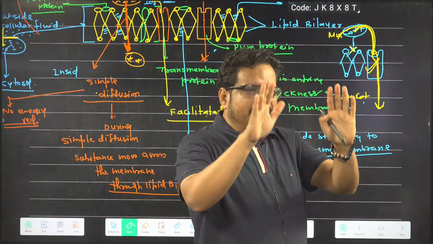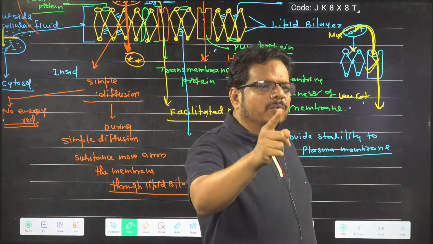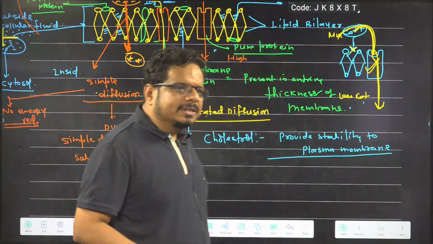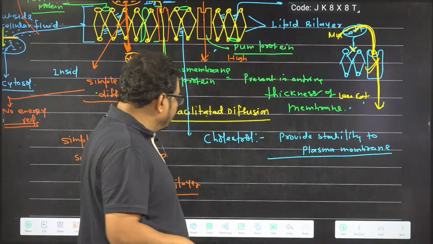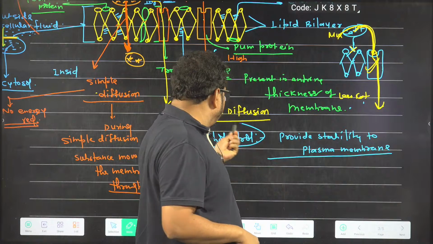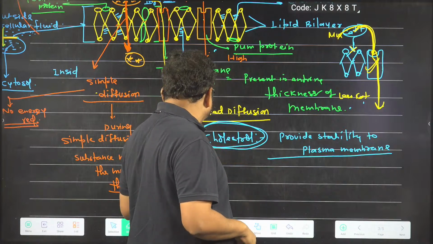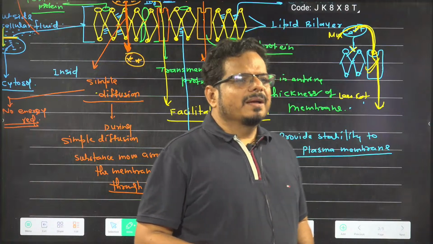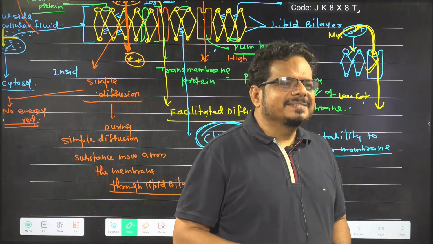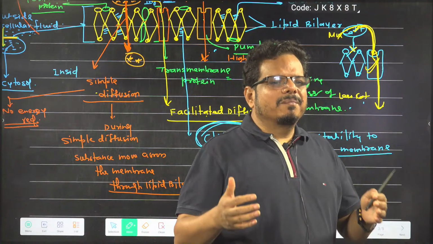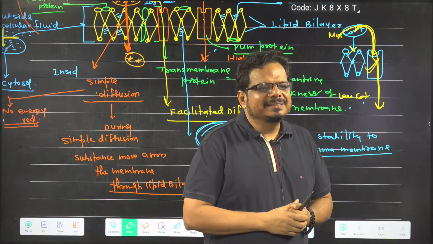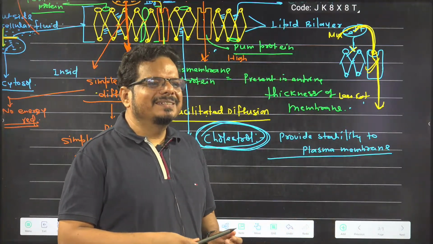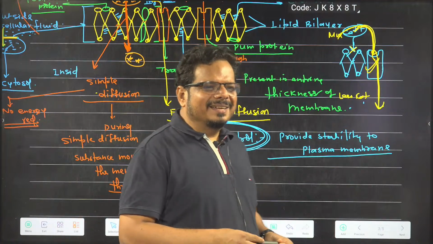Who is telling it, hold on: don't become more solid, don't become more liquid. Who is creating a buffer for that? Cholesterol. Cholesterol is protecting the plasma membrane from becoming too liquid in which season? Summer season, and from becoming too solid in which one? Winter season. Did you get the role of cholesterol in the plasma membrane? Picture came, understanding came. Is it all right?